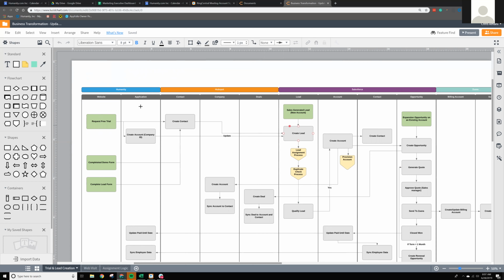So these four ways of coming in as a lead, they all end with someone trying to qualify it. If it gets qualified, so qualification yes, then an account is created, a contact is created, and an opportunity is created. Now, if there isn't a Humanity account yet, so let's say this came in as a sales generated lead